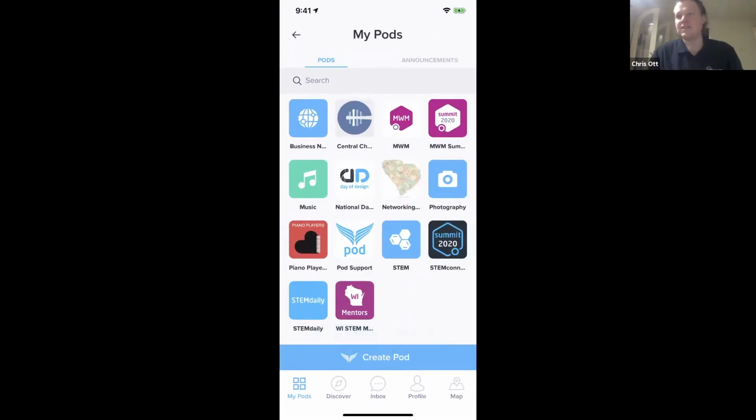So the first thing you'll notice about Pod is that it looks a lot like your iPhone or Android desktop, except instead of applications, you have communities, which CW so eloquently defined. These are people with shared interests living in a particular place at a particular time, even I'd add. And you can see here that I have several different pod groups that I'm a part of, many of them related to what we're doing here today in the movement and why we've come together. For example, we have one here for the summit. And so the first thing you want to do when you see these is, if you're like me or like a kid in a candy store, you want to tap them. So let's just tap one and see what happens, right?